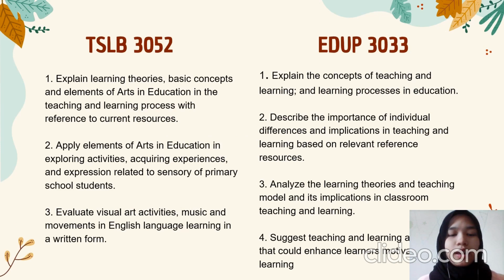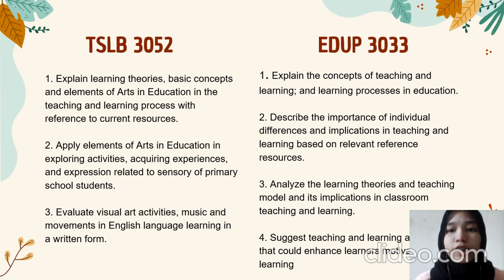So, these are the R&D for both of these courses. The first one is Arts in Education. First, it will explain learning theories, basic concepts and elements of arts in education in the teaching and learning process with reference to current classes. The second one is to apply elements of arts in education in exploring activities, acquiring experiences and expression related to sensory of primary school students. And the last one is to evaluate visual arts activities, music and movement in English language learning in a writing